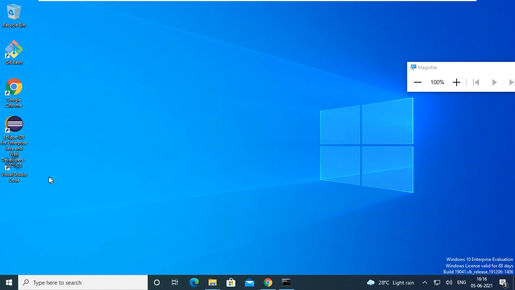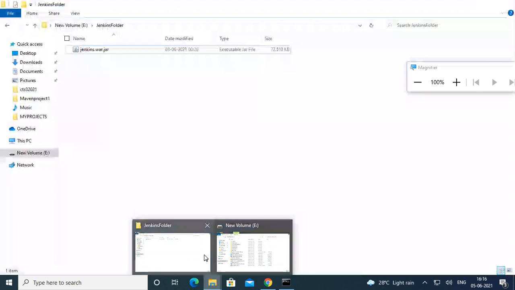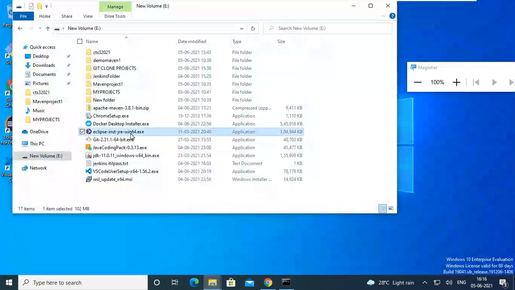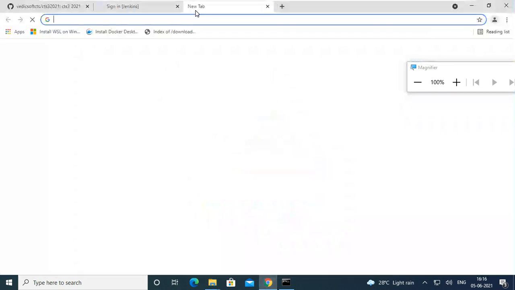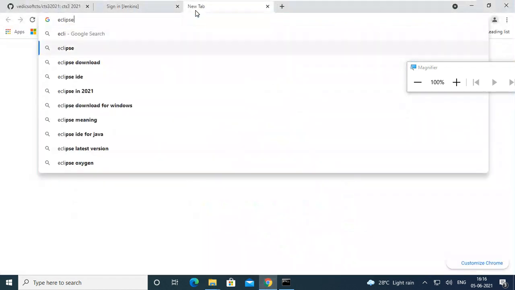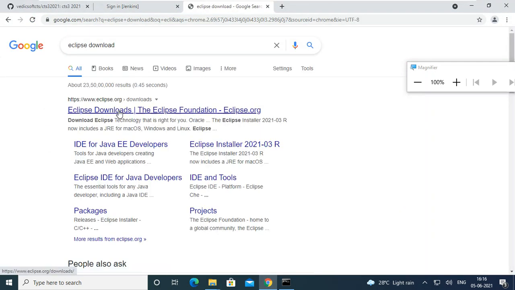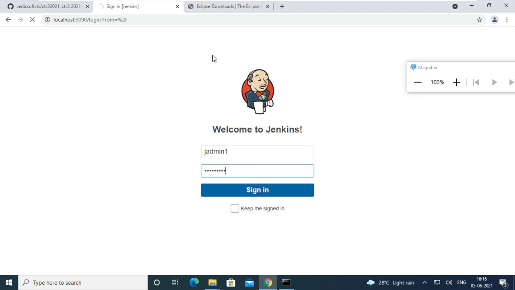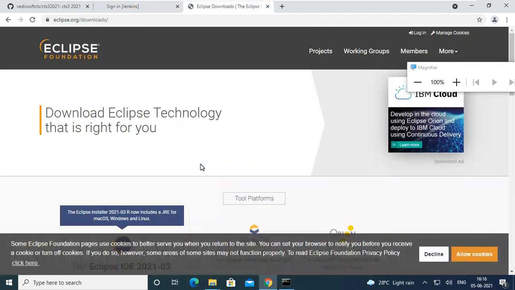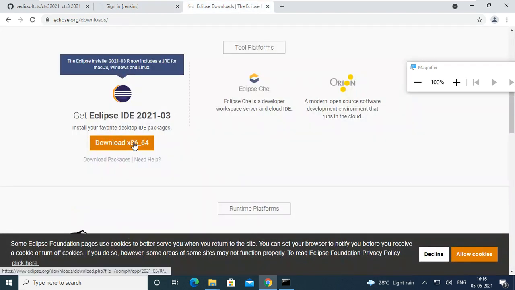Yeah, here I'm using two things: one is Visual Studio, another one is Eclipse. I installed Eclipse yesterday, like this. This is the package I downloaded directly from Eclipse. There are two or three different types of packages. Just download this one.